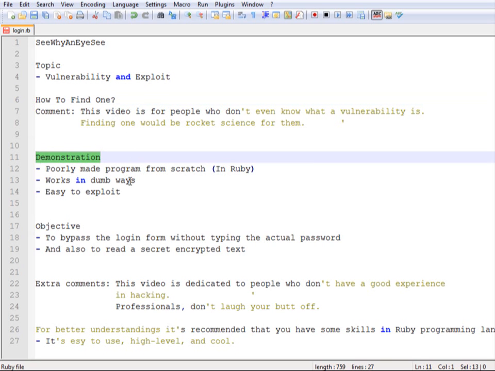Demonstration. How I'm gonna demonstrate to you is that I'll make a program in Ruby right from scratch. Since you guys are beginners, I will make the source code easy to understand. So it works in dumb ways, so you know the drill. What I mean by that is,